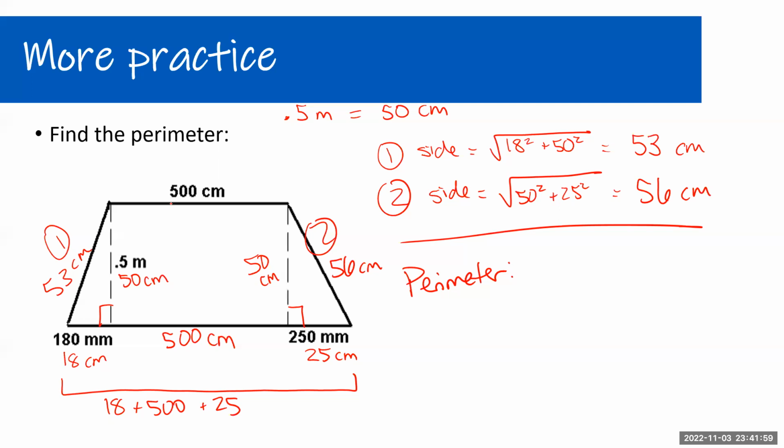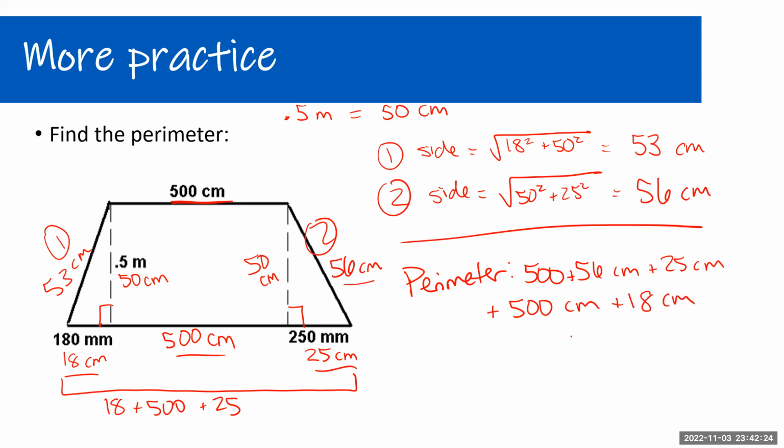So we know that we're going to have this 500 plus this 56 plus all of these, okay? So plus 25 centimeters plus 500 centimeters. Here's 25, here's the 500 plus 18 centimeters. There's that one. Plus the 53 centimeters. We've gotten all of our sides now. We plug that into our calculator. We'll see that it is